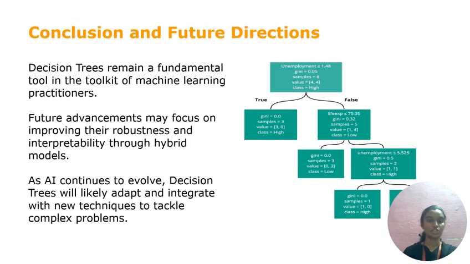The conclusions and further directions. Decision trees remain a fundamental tool in the toolkit of machine learning practitioners. Further advancements may focus on improving their robustness and interpretability through hybrid models. As artificial intelligence continues to evolve, decision trees will likely adapt and integrate with new techniques and tackle